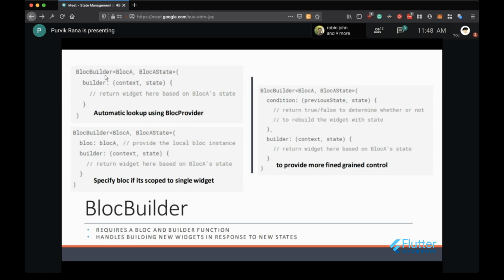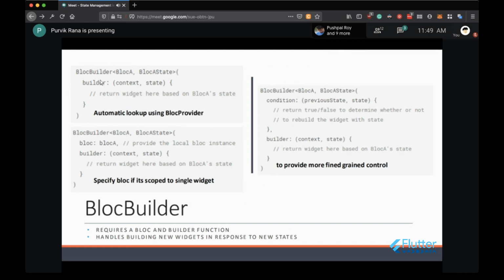So this block builder, on the basis of the state, will return the widgets. So let's say the initial state is nothing, so whatever things you want to return, you can check the state by using the if else condition. Also you can put the switch case from over here, but that is not the concept. We are using only the if else till now. So you can easily use the if else conditions to check in which state your block is right now, and on the basis of that it will return different widgets.